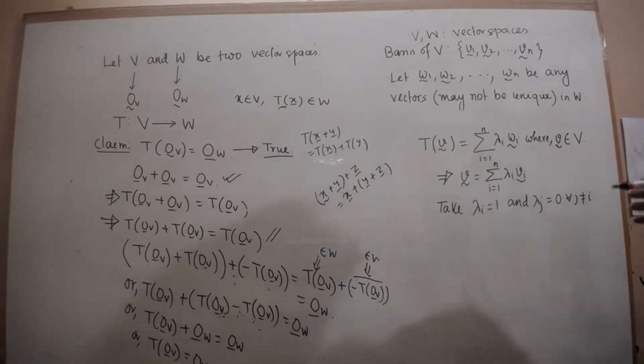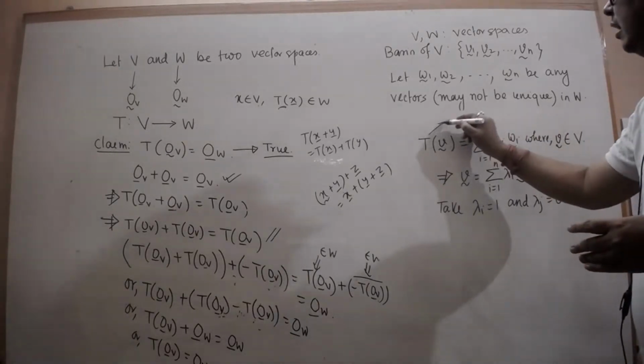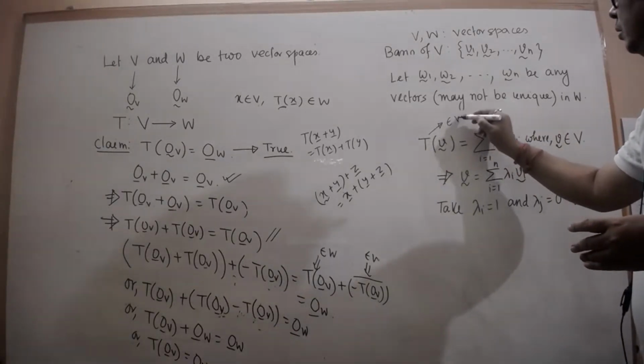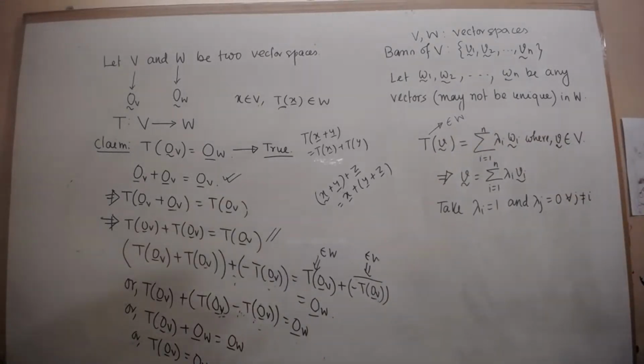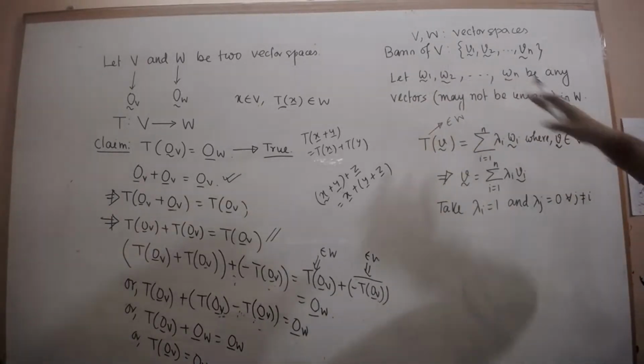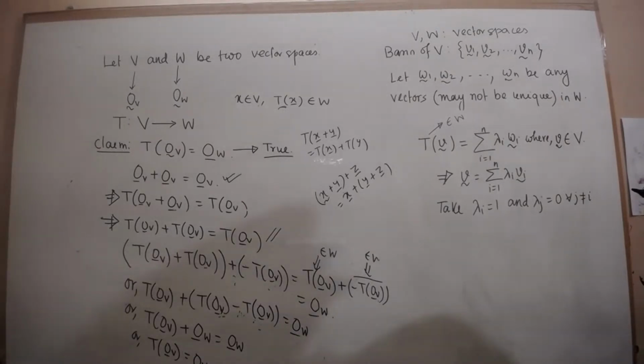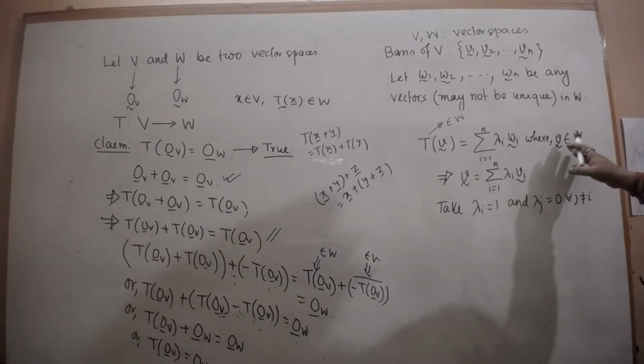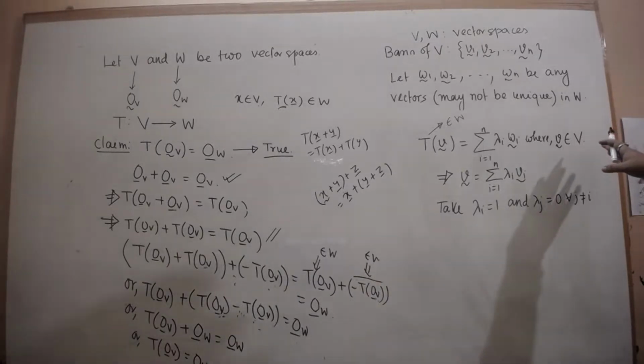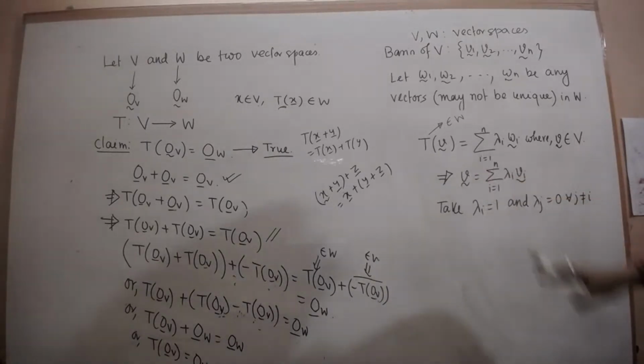That means T(v curl) is a vector belonging to W which can be written as a linear combination of these vectors w1 to wn, where v curl is any vector in capital V. This implies v curl equal to the sum over i from 1 to n of lambda_i v_i. Now, if we take lambda_i equal to 1 and lambda_j equal to 0 for all j not equal to i, then my claim is